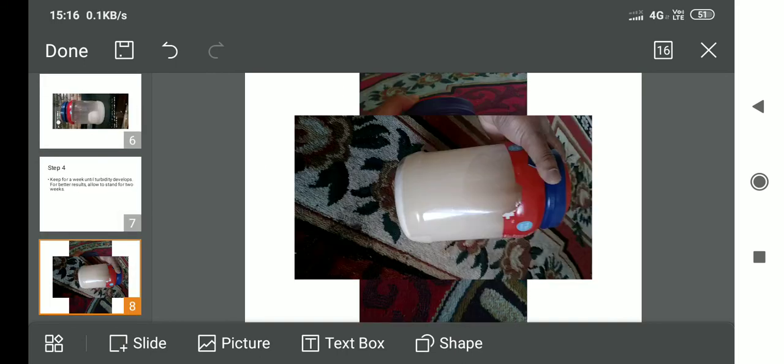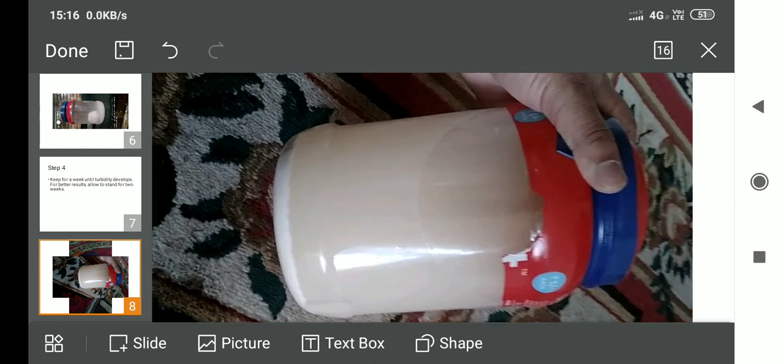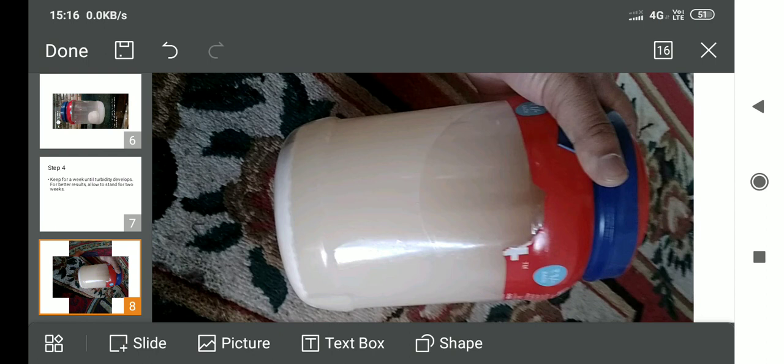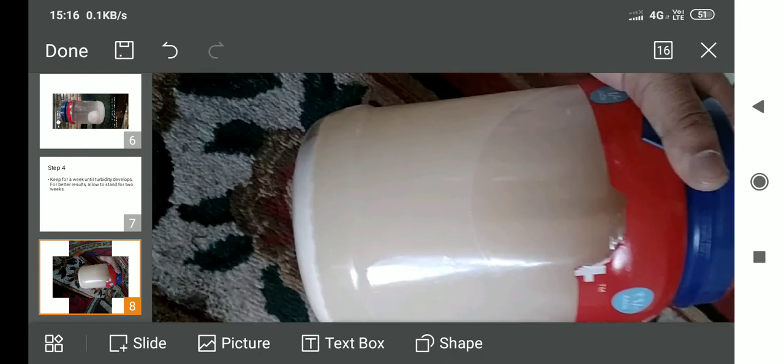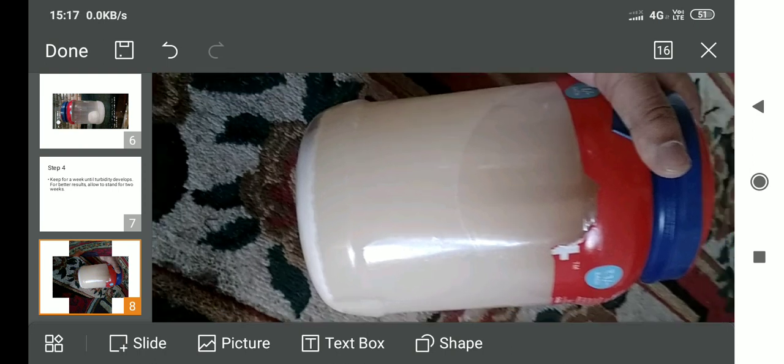So this is how it looks after a week. There is turbidity, that is, alcohol is present, and fermentation has occurred. During the week you will see that bubbles are rising from the yeast, and the reaction is occurring. This yeast at the end of the fermentation period is dead because after the concentration of the alcohol reaches 12 to 13 to 14%, the yeast are killed by the alcohol, as a result of which